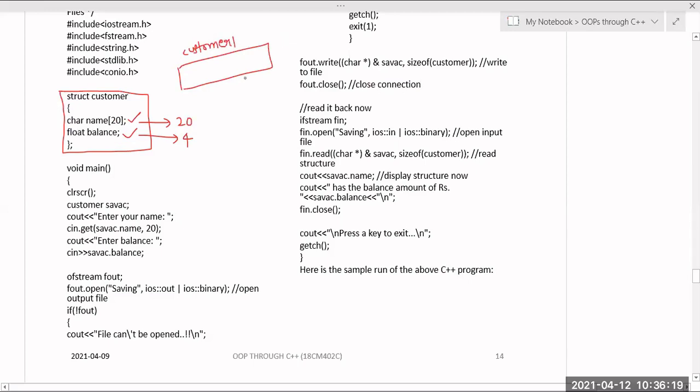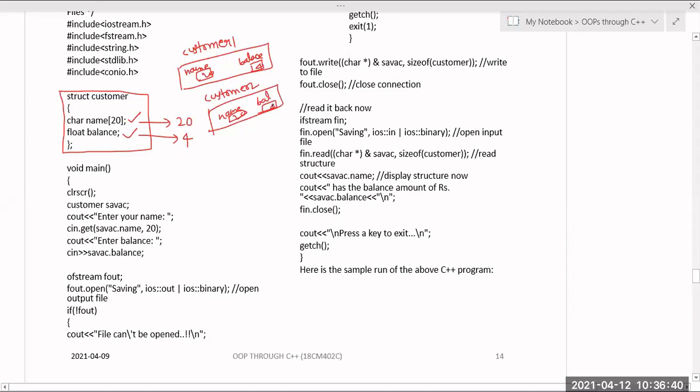That is one block, and in the same manner I have another customer, customer 2. So this is your second block. Customer 1 has a name and balance, and customer 2 also has a name and balance. The name will take 20 bytes and the balance will take 4 bytes.